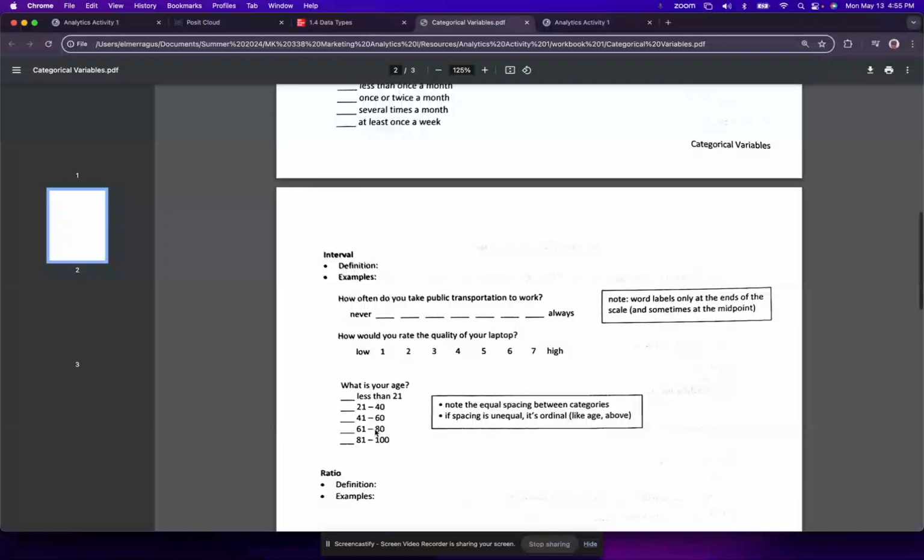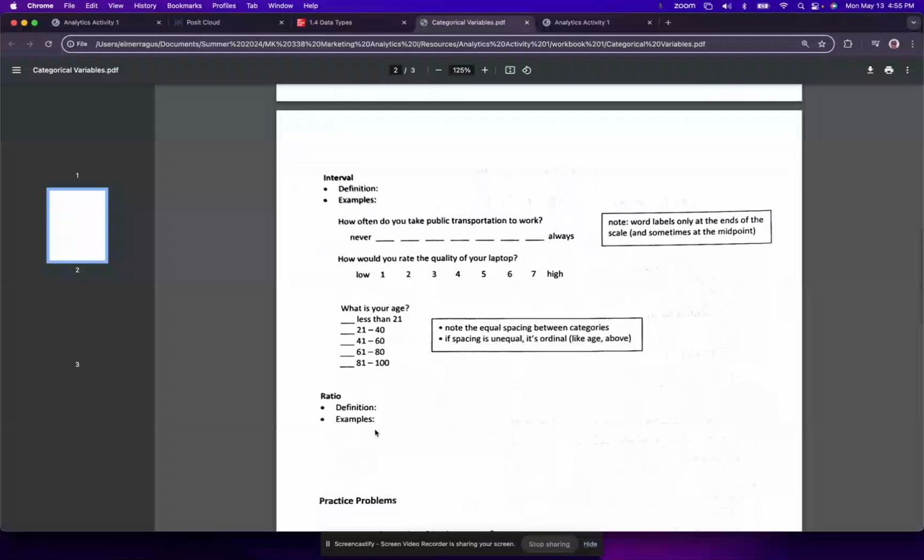And then the last example is ratio. With ratio, this is when we specify a quantity with a possibility for a true zero. So, for example, how much money do you make? Or how many hours did you sleep last night? Those kind of questions will have a true zero to it.